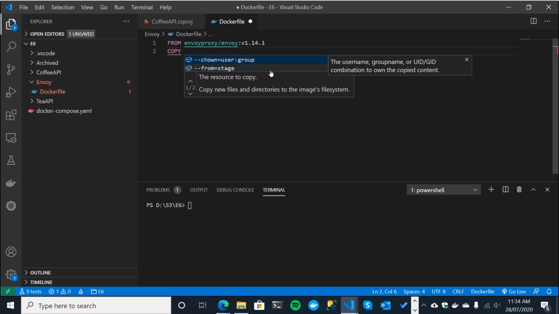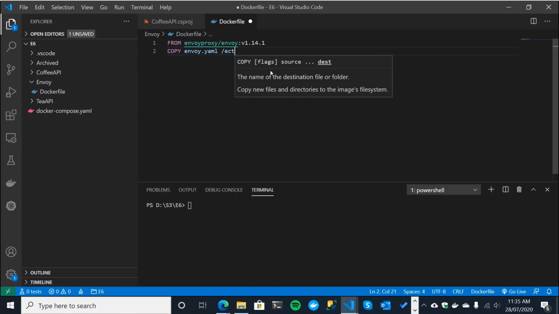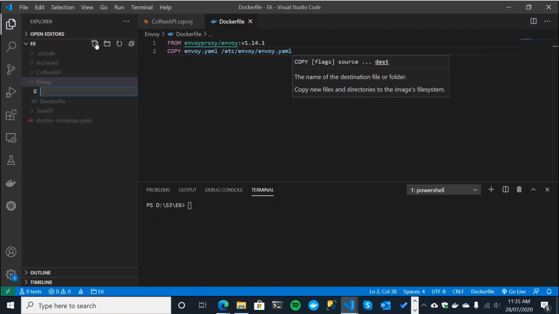Now, the only other thing we need to do in our Docker file is copy the Envoy.yaml file, which does not exist yet, but will in a second, over to our image when we build it up. So we're going to do a Docker build of our Envoy image with this config is basically what we're going to do next. All right, so copy Envoy.yaml, which we'll put in here as well, and we'll copy it over to this location. Cool, so save that off, and then we'll create our Envoy